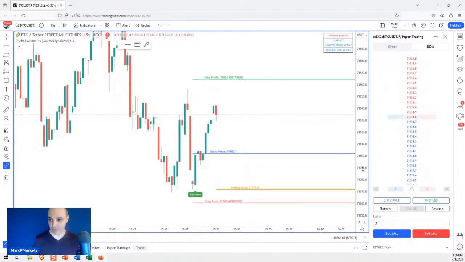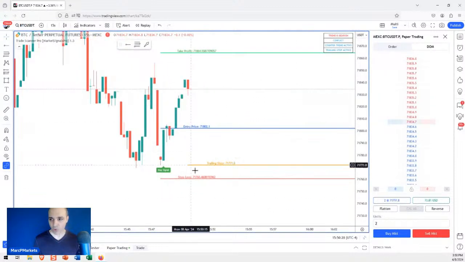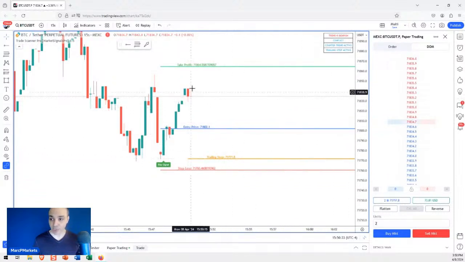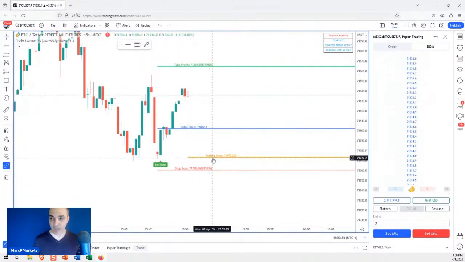Here's the trailing stop. You see it? It's this yellow order right here. So what this does is this reduces your risk right from the start. The risk is now reduced on this trade by this much. You see that? So it may go to the stop, but I'm not taking a full stop now. It's less. And as each candle advances, the trailing stop will move.